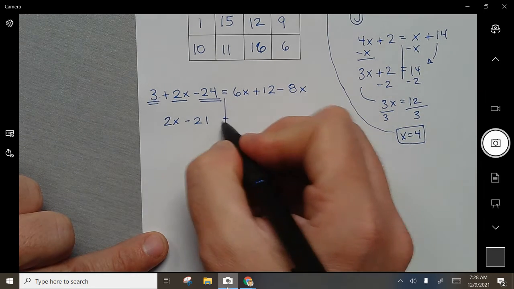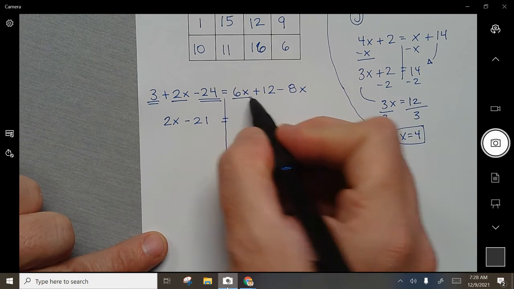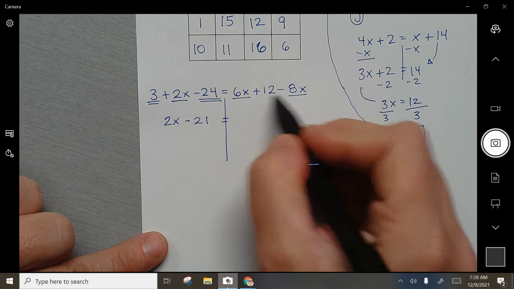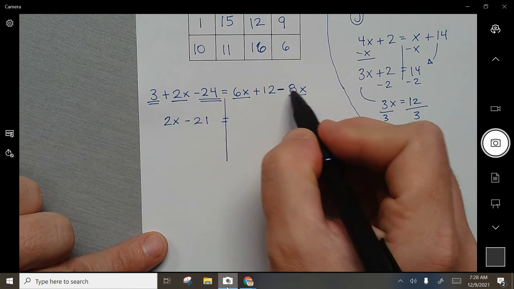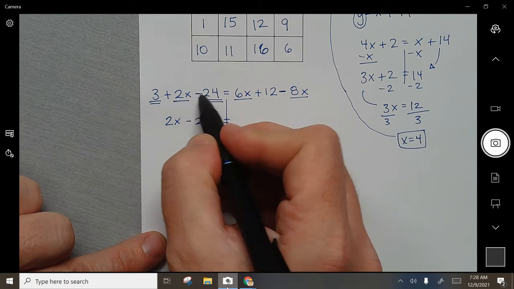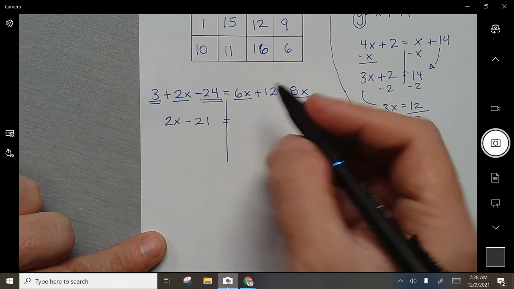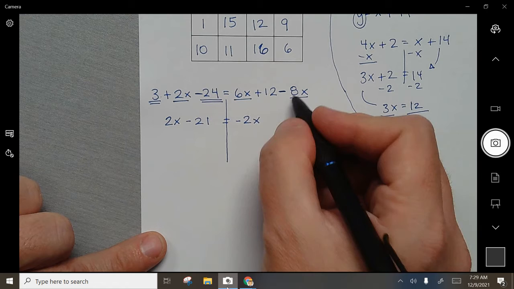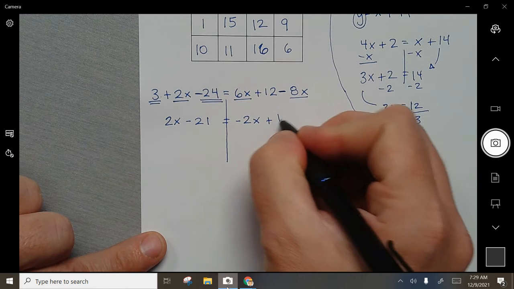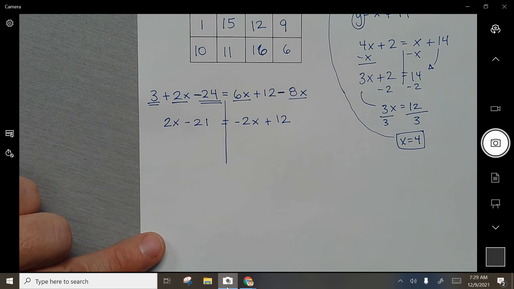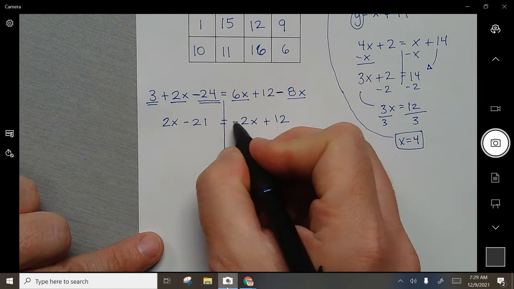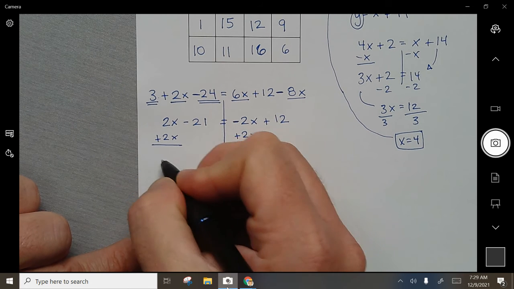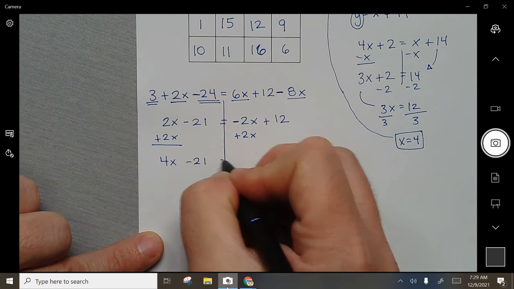Then I look to this side and I have an x here, an x here. Nice. I'm combining like terms. So 6x and this is not an 8, it's a negative 8. Just like over here, negative 24 and 3, negative 8 and 6 is going to be negative 2x. The negative's larger. That's why it's subtracting and taking the negative. Plus 12. All right, now we're going to go letters to the left. This negative 2x, we have to add it. 4x minus 21 equals